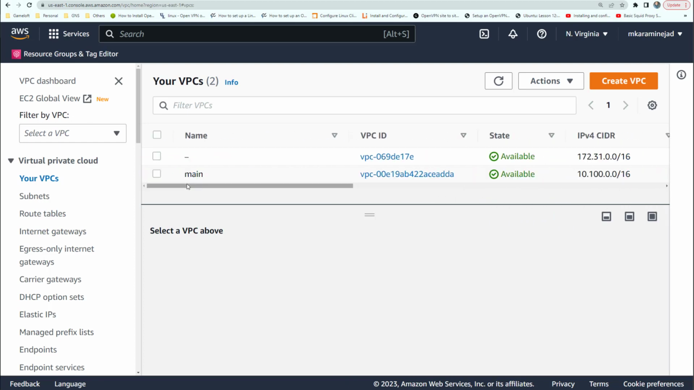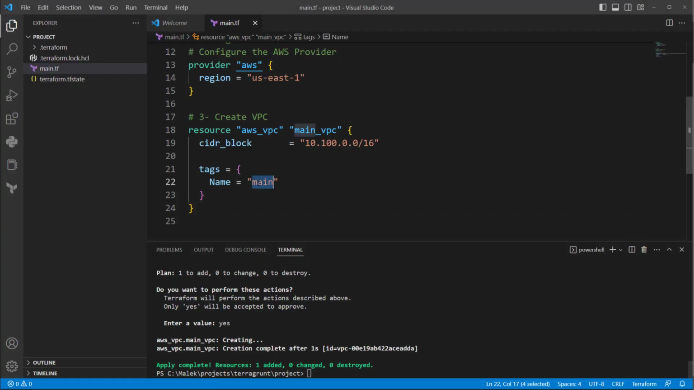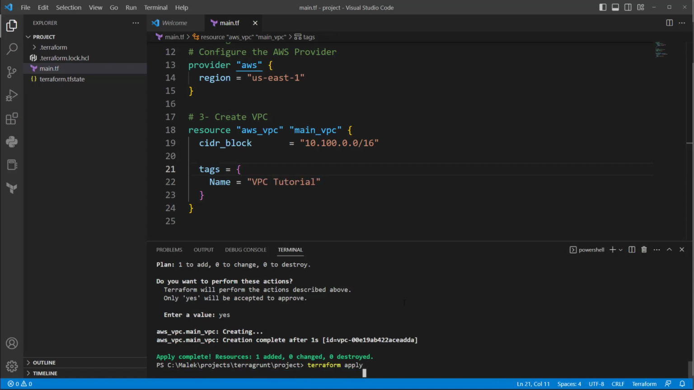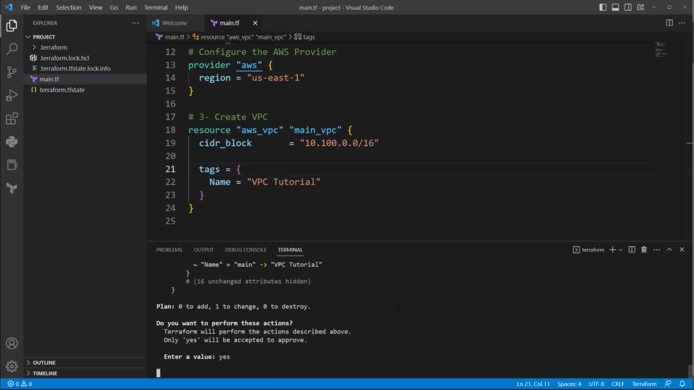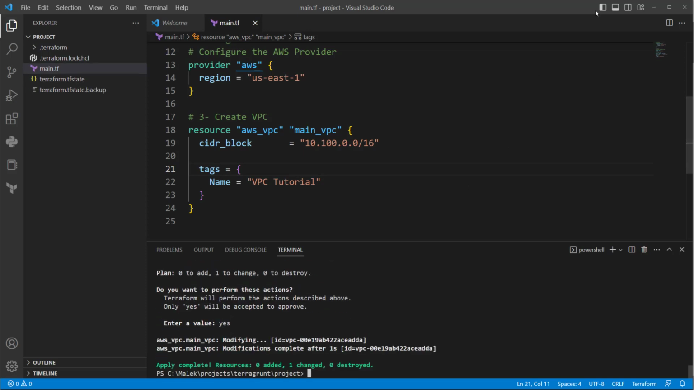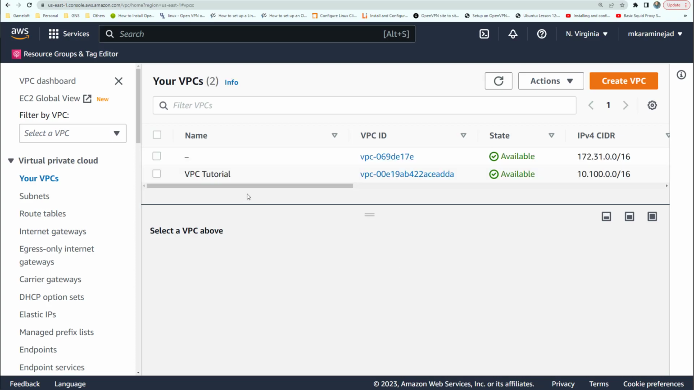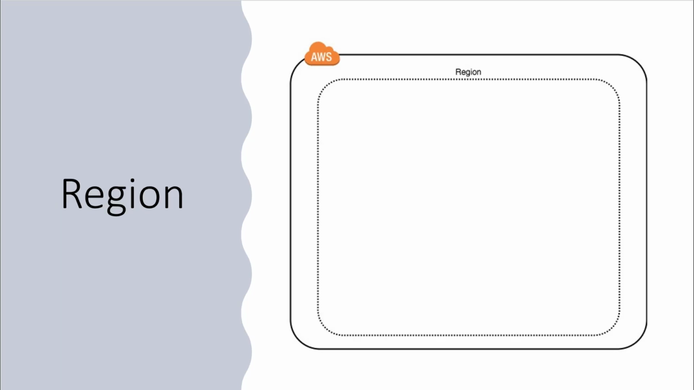This is the tag that I told you. That tag in the Terraform code assigns the main name to this VPC. So we can change it to any name. For example, we can use VPC tutorial, save it, and run the command again. Let's go back to the browser, refresh. You see it's changed. Until now, we learned how to define a provider, how to select a region, and how